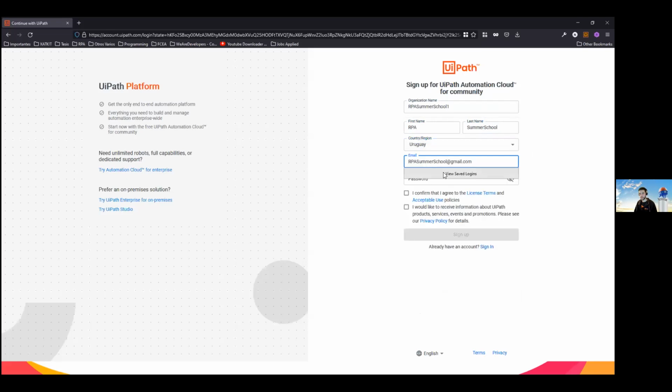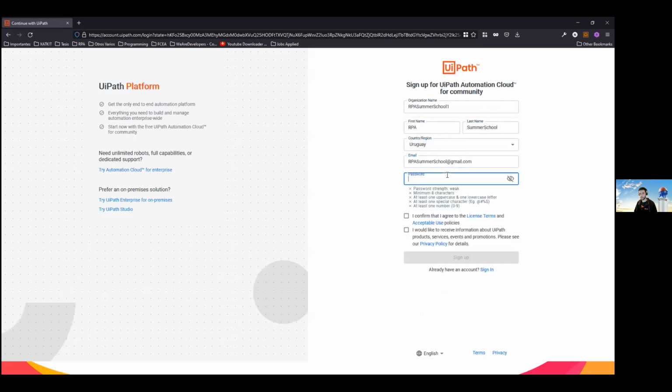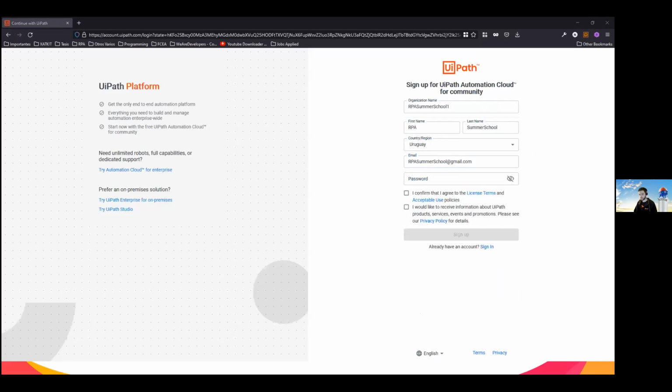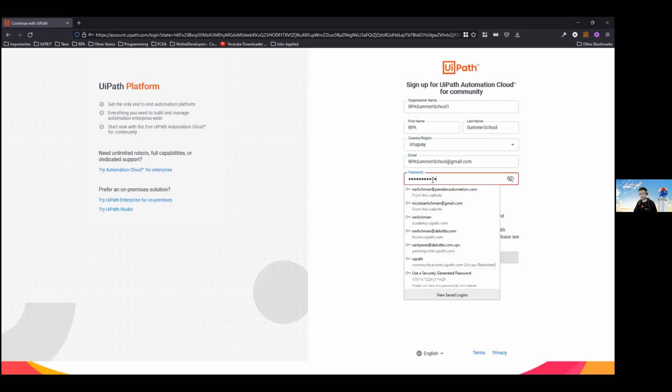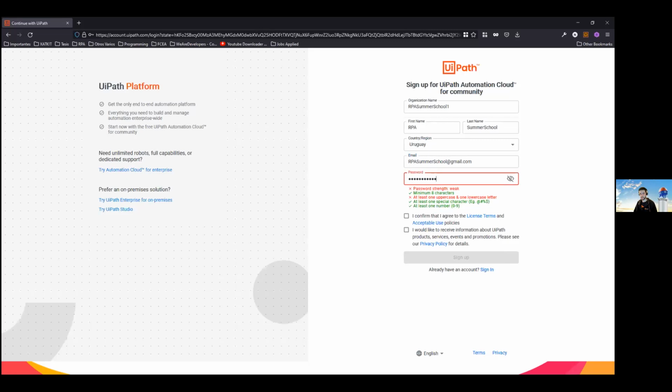And now we're going to put the email, and we're going to set a password. Just a password, okay. So we need something else, one uppercase. Okay. We put here a password. Here we have the checks that we need to comply with. It has to have 8 characters.